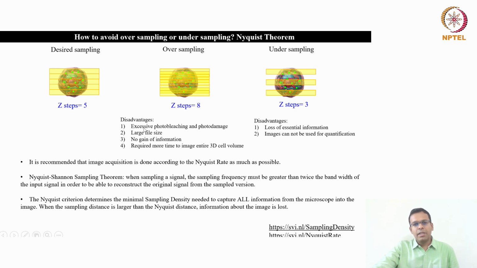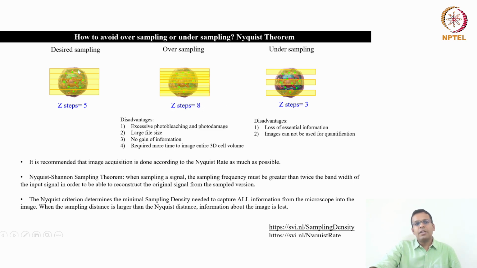That will lead to excessive photobleaching and photodamage, because instead of exposing the cell to light 5 times, you are exposing it 8 times. So it will create excessive photobleaching and phototoxicity, or photodamage, to the cell. Also, your file size will be larger, because earlier your file contained only 5 images, but now it will contain 8 images, and there is no gain of information by making the file larger.